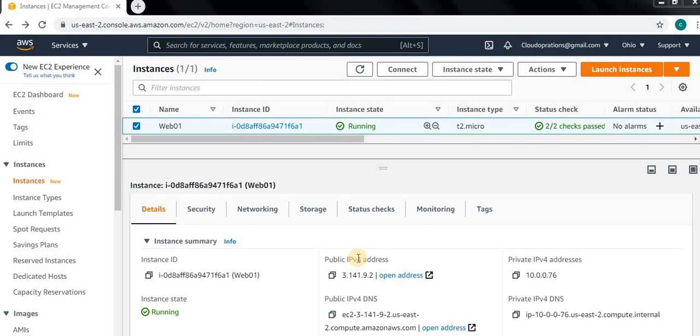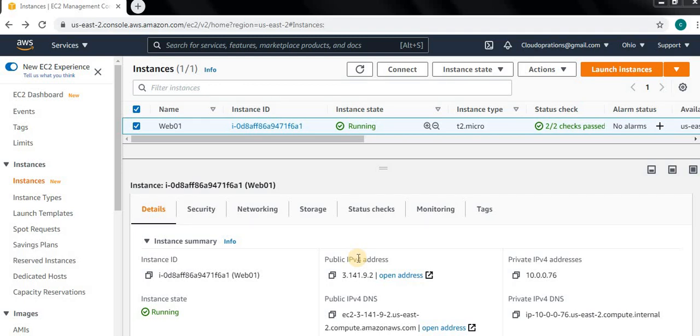Then we got an issue from developers that they were not able to connect to the web servers. After investigating, I found it was the security group assigned to that host. Only port 80 was enabled, so obviously they would not be able to take RDP, correct?